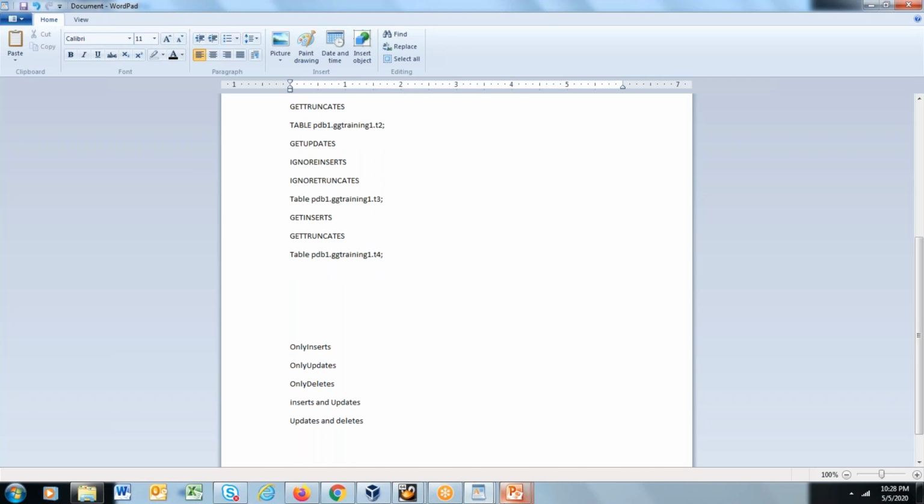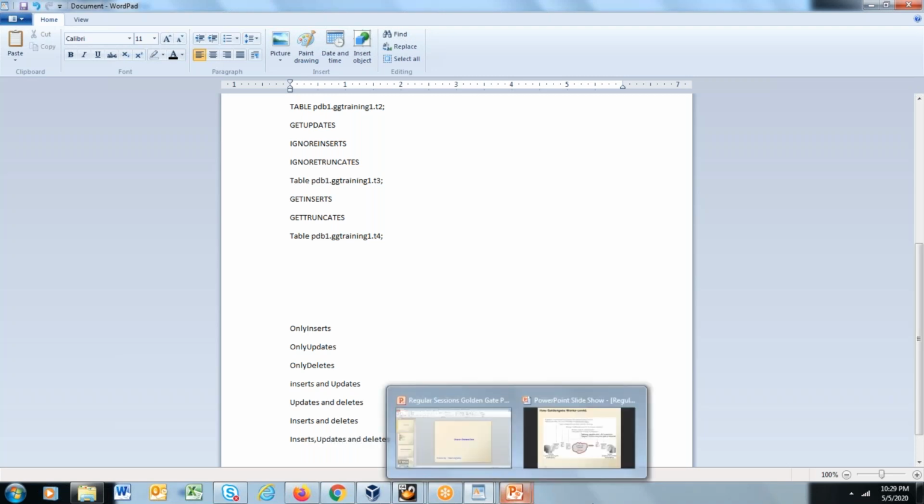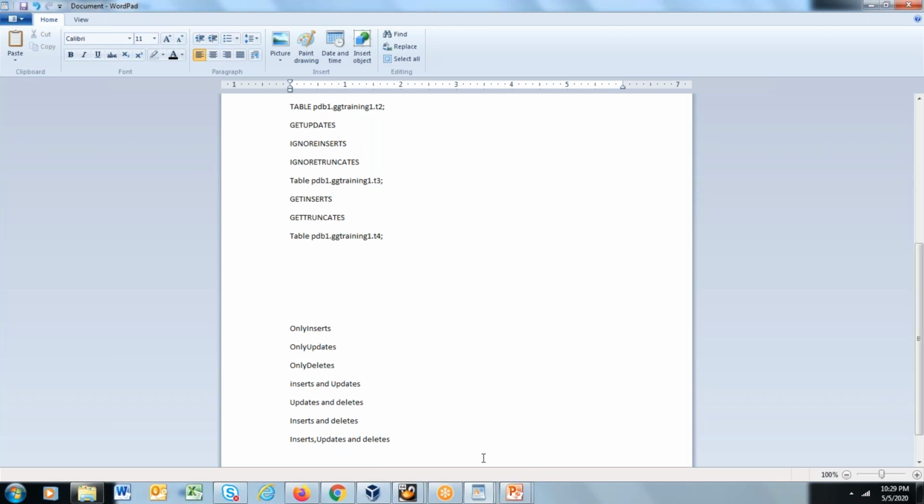Sixth option is inserts and deletes. Seventh option is inserts, updates and deletes. And is there any other option left? He doesn't want to capture anything. No, that doesn't fall in anything. We can anyway exclude it.